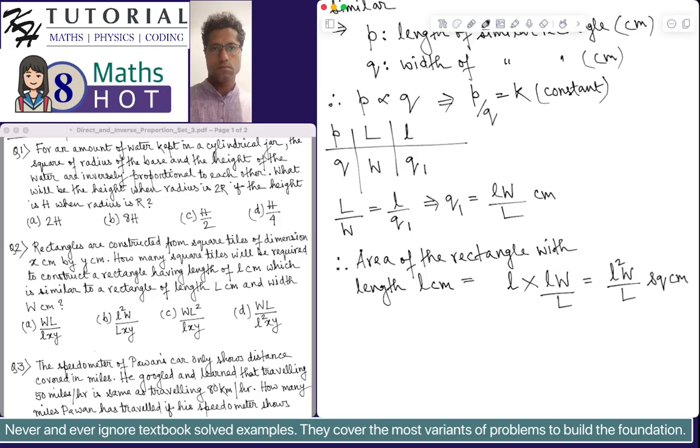So this is the area of the rectangle having the length small l and the width small lW by L. Therefore, the number of square tiles required